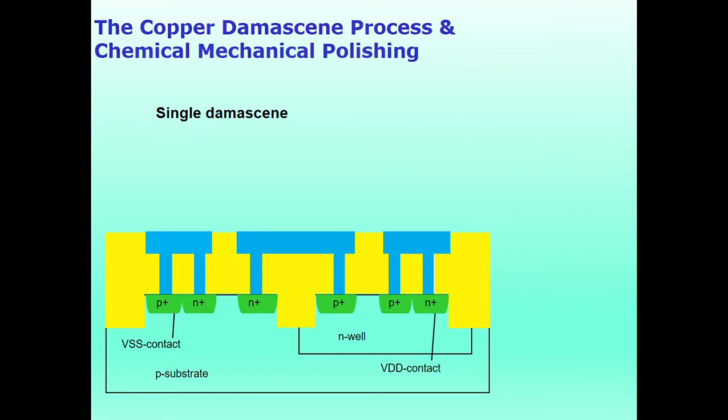The process sequence used by the semiconductor industry to fabricate Cu interconnects is called the dual Damascene process. In this process, nanoscale features including vias and trenches are first etched in a dielectric layer, typically porous SiO2, followed by deposition of a 2 to 3 nanometer thick diffusion barrier layer.